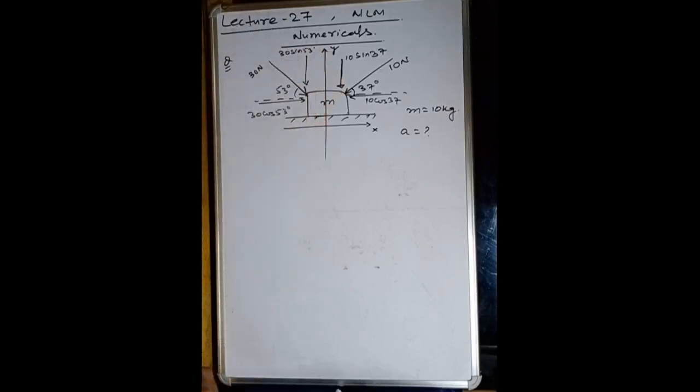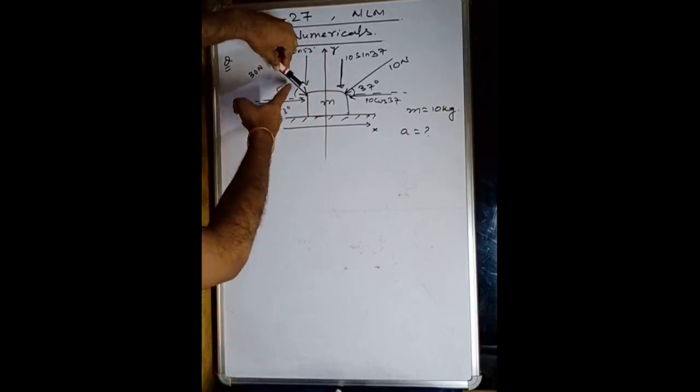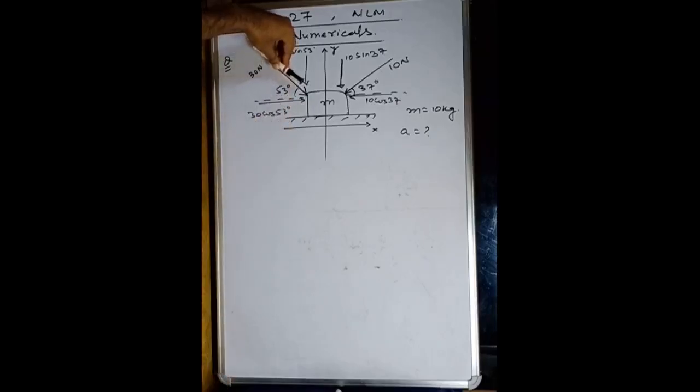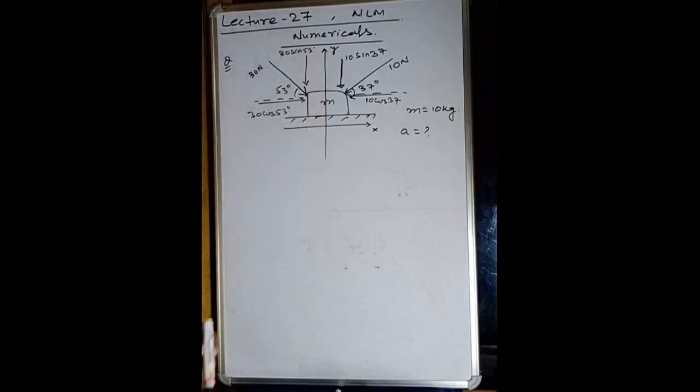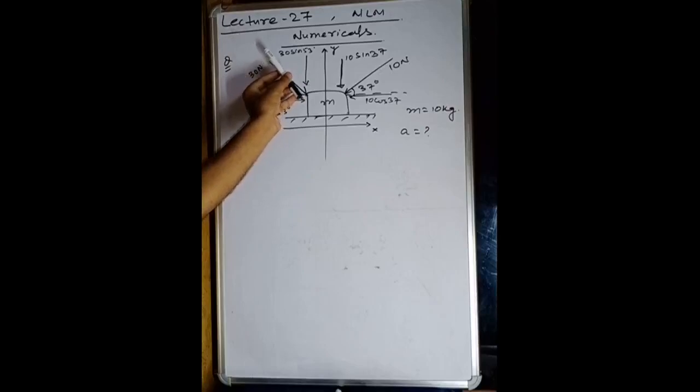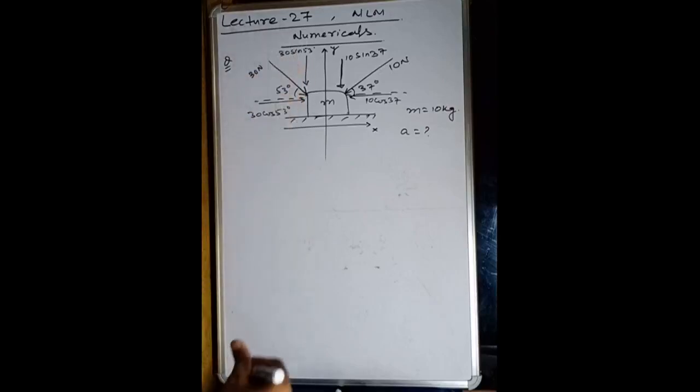Let me recall again, my dear students. We used to break the components of this force. If theta is made with the x-axis, then we will break the component along the x-axis with cosine, so it will be F cos theta, and along the other, perpendicular axis, it will be F sine theta. Alright. So it is 30 cos 53. If we consider the theta with the y-axis, then we will break the component there as F cos theta.